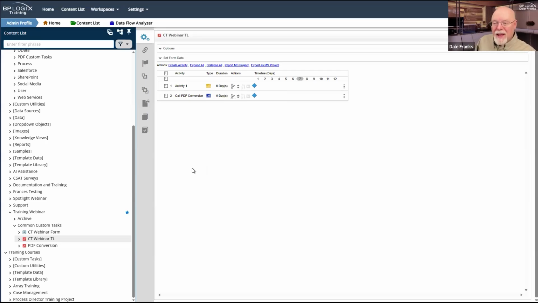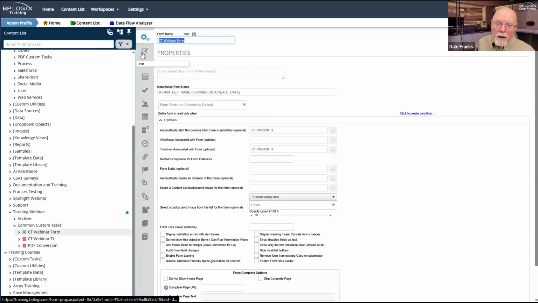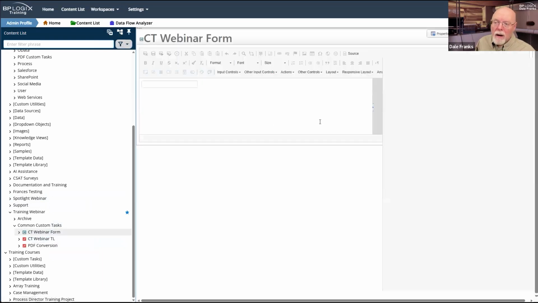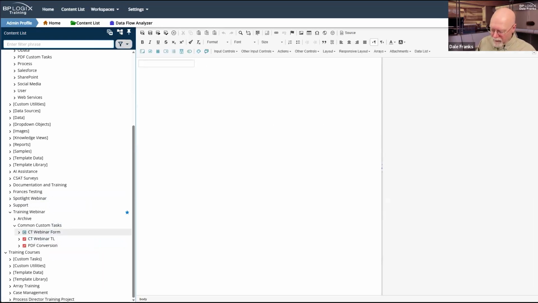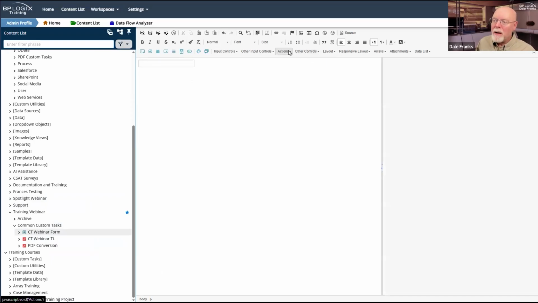Now, do I call it here in the process timeline? Maybe. Maybe I want to run it manually. So maybe on my form, I've got a button. I'm about to have a button anyway.